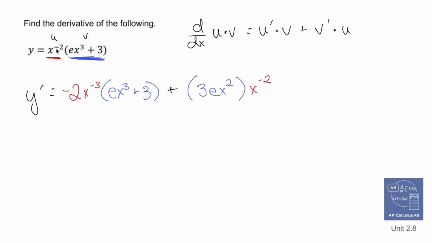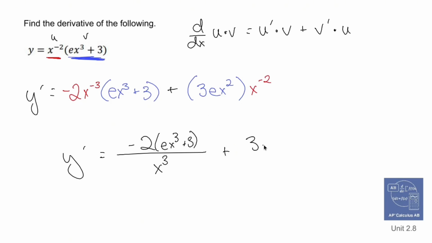And it gave it to us like that, so I wonder if this is something where if you saw this on a test, they'd leave it with the negative exponents. I don't feel right doing it. So I'm just going to simplify it one last step. All right, I'm going to keep negative 2 upstairs, right? I'm going to move x cubed to the bottom, and I'm going to keep x cubed plus 3 in parentheses upstairs. I'm going to keep that up top, 3ex squared in the numerator, move x to the negative 2 to the bottom,